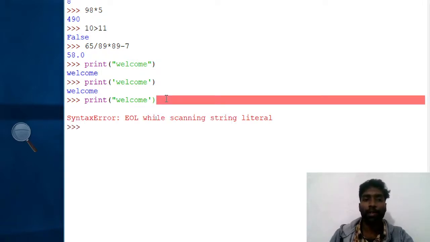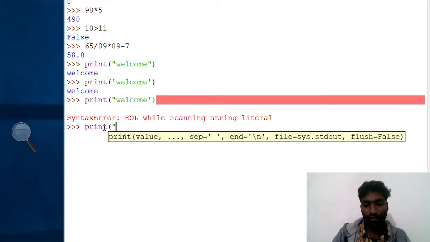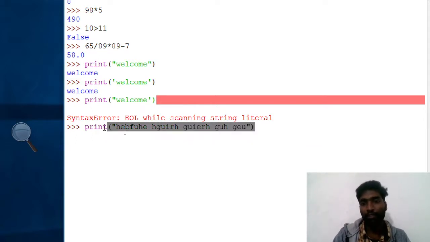If I press enter, the computer will show an error. See why? Because whichever quote we used to start, we should use the same quote. In this print statement, between the double quotes, whatever text we are writing, the computer will never read. See here, print, I just typed something, close.